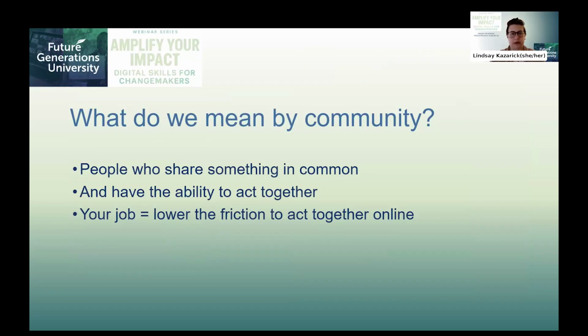So as we move into the next slide, please, Deborah. What do we mean by your community? So if you're not part of our community here at Future Generations University, as a reminder, we define community as people who share something in common and have the ability to act together. And so here we operate our classes in an online campus, and then our students have the